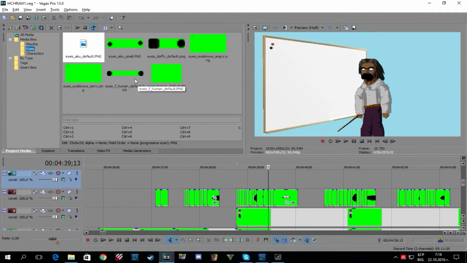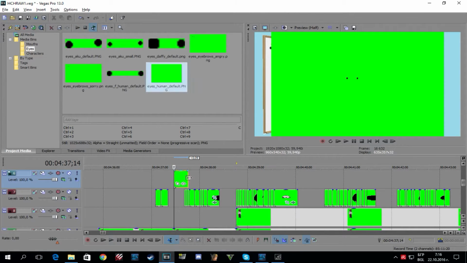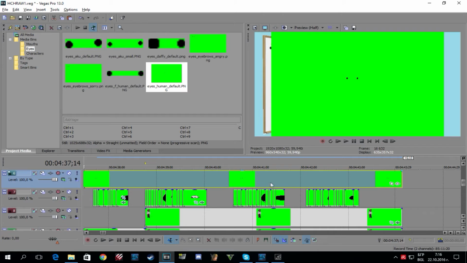Right, so it's looking pretty good. And the things that are missing is his pupils, his eyes of course. So let's add them now. For you it will be a lot easier to animate the eyes again if you have placed the eyes separately in a separate image file